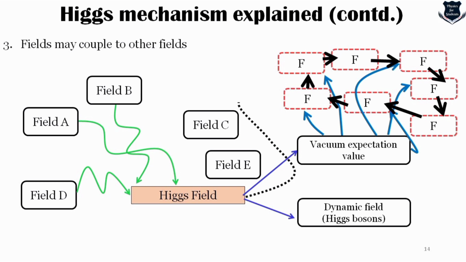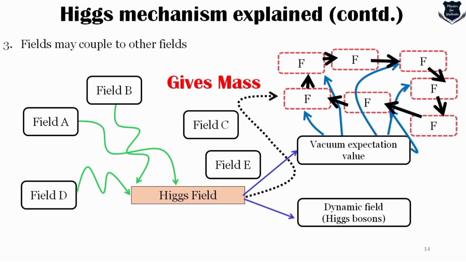This goes over here and this gives mass. Let me repeat that the vacuum expectation value of the Higgs is therefore proportional to the mass of each field, and the equations that describe the second type of coupling, fields coupling quadratically to themselves,